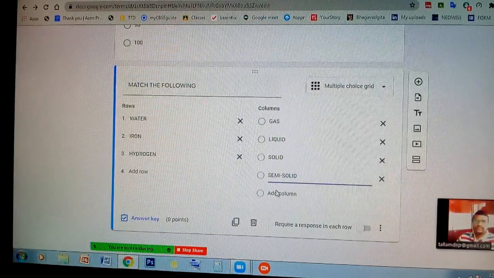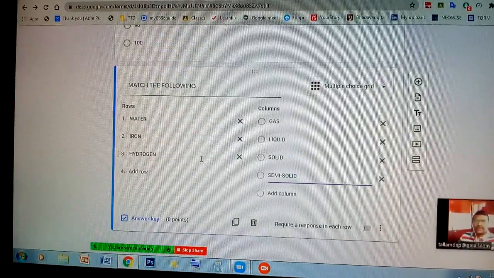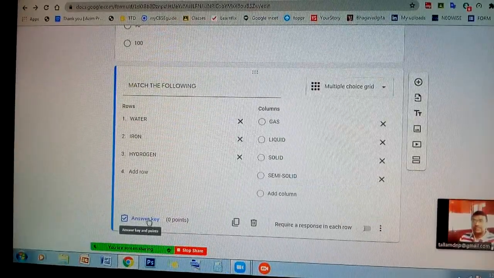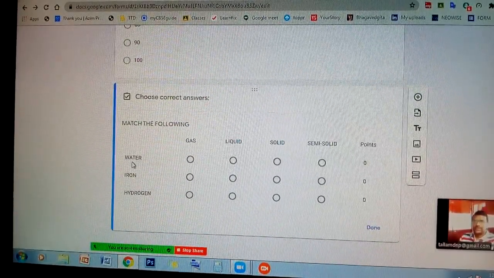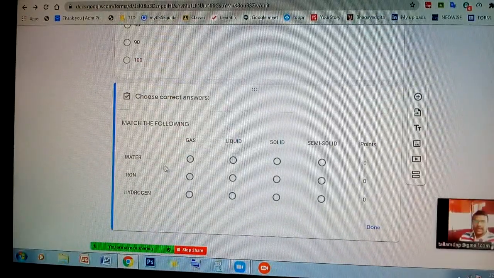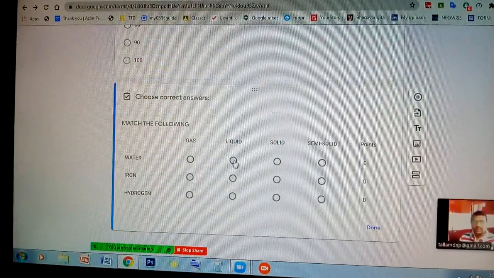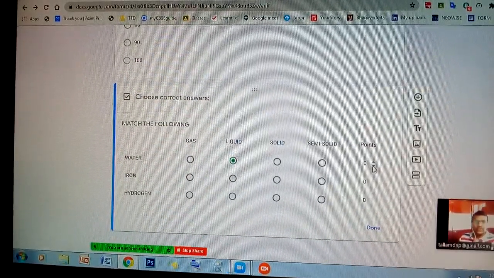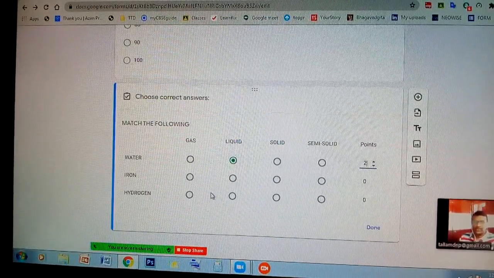After feeding the questions and the respective options, you need to feed the answers. First one is water, with all 4 options. So water, select the respective state, that is the liquid state. Then under the score, select 2 points, that is your choice.